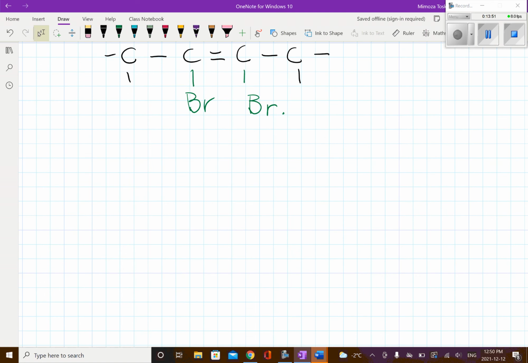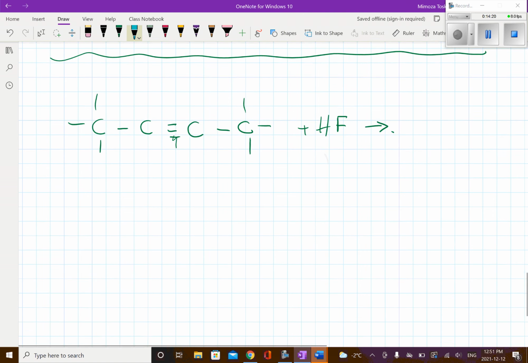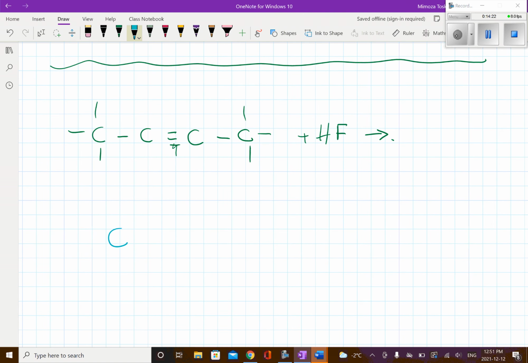Or if you have a triple bond as well, and now you are making it react with HF. I will take the same thing for simplicity: 2, 3, 2, 3, 4, 1, 2, 3. So it's reacting with HF, then one of those bonds is broken. Therefore, what you see is that we'll have C, 1, 2, 3,